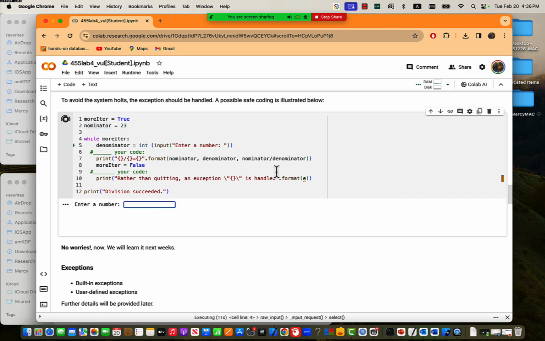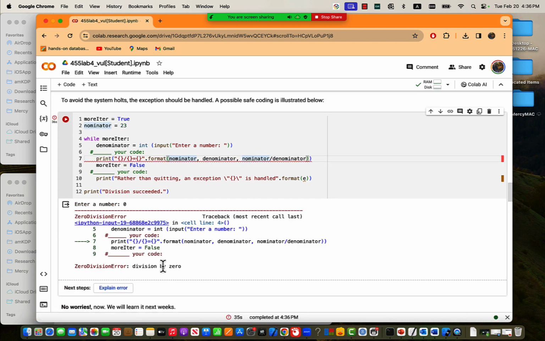Numerator is 23. Denominator is given right now, right? So if we do numerator is 23, denominator, if we say 0, then there is an error, right? Of course. So if we put 0, then there is an error, which is the same error that we looked at above. Therefore, we have to